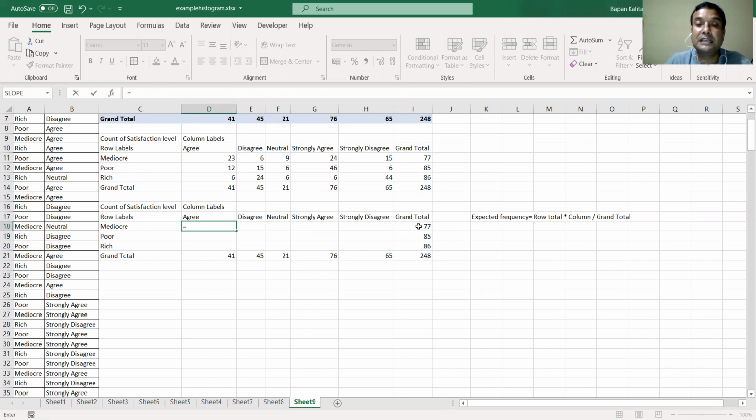What is the row total? 77. But how many column totals are required here? We need the totals of all the columns here except the grand total. So we use the function F4 three times: F4 1, F4 2, F4 3, then multiply it by the row total.